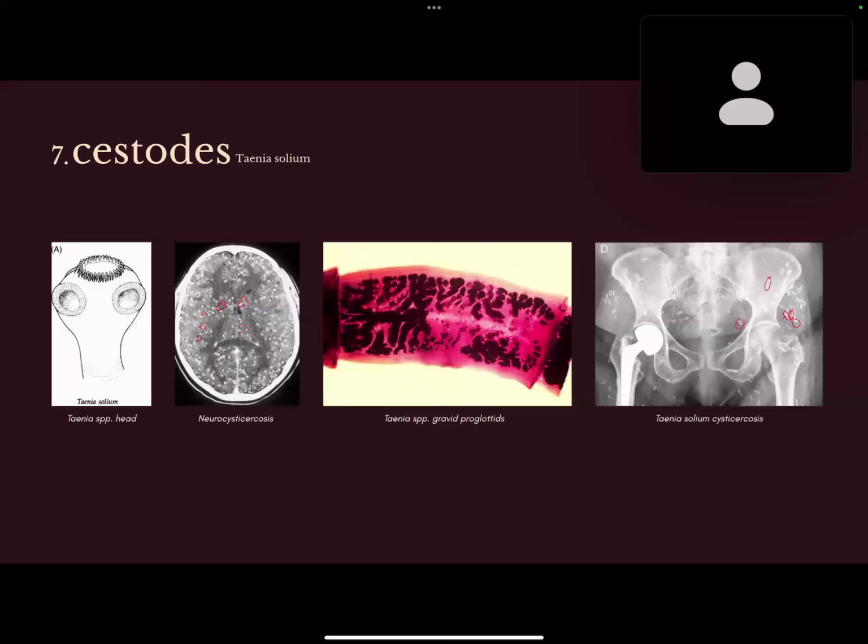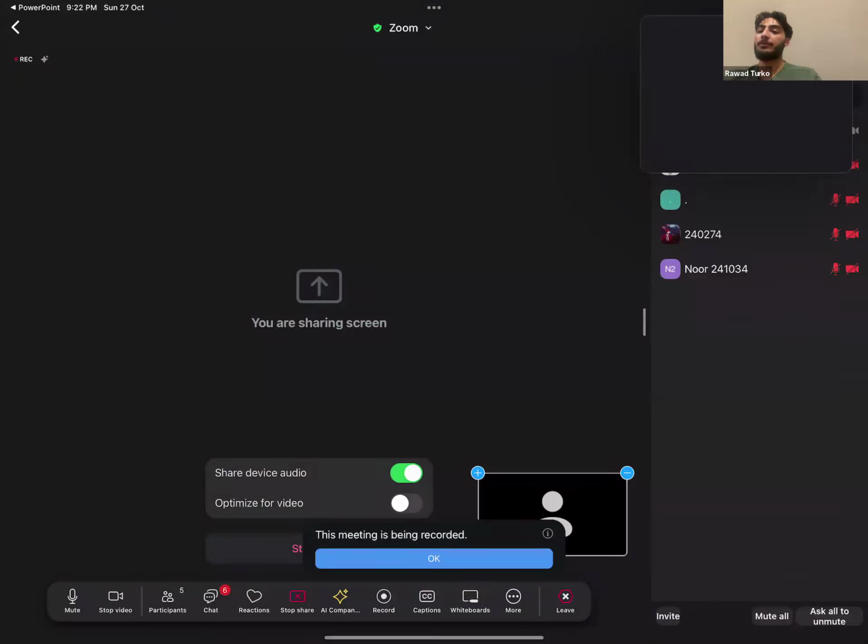How can we differentiate between teniasis and cysticercosis? Great question. You can differentiate based on clinical presentation, or based on history, like how that person got infected. So for clinical presentation, if the patient is showing up with symptoms that are different from GI,